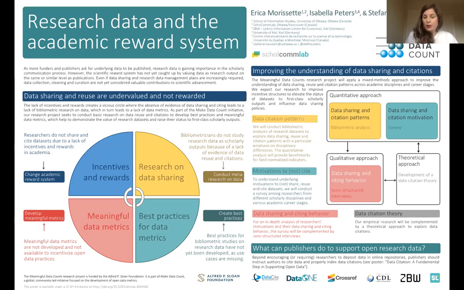bibliometrics already. But we also have this other issue of, for example, that if we want to count data citations, we have the standard of using a DOI, but this is not really common in every field and for every repository. So if we want to collect data based on that, and not everybody is using a DOI, then we're missing out large chunks and again, underrepresenting those in the data. So there are a lot of technical issues to resolve, we think, but also a lot of basic research to be done to find out about those different patterns to create meaningful metrics.